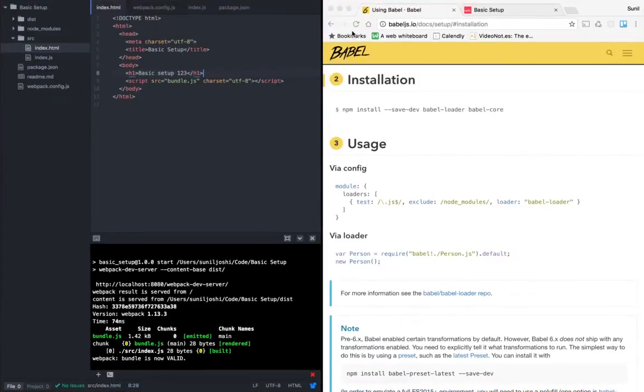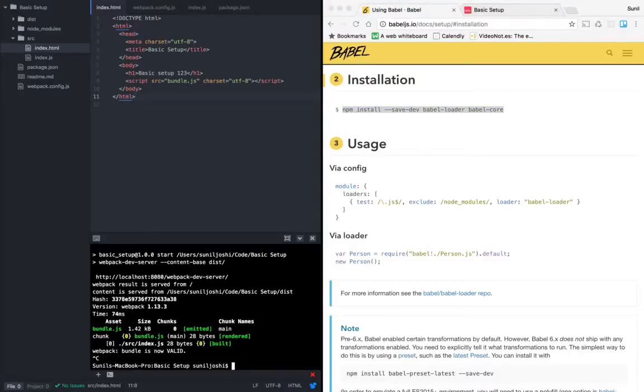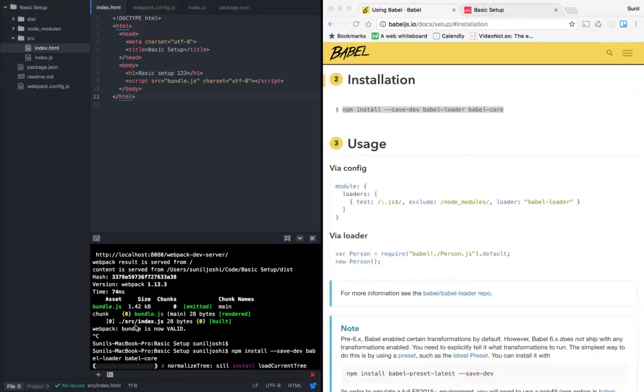Let's get back to our project. What we are going to do is install Babel. And let's go ahead and install Babel, and this is also a dev dependency, as this is going to help us only in development, since the compiler is going to compile for us and give us the bundle.js, and this is all going to happen only in development mode.